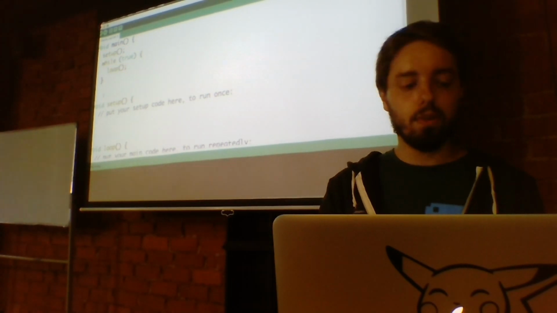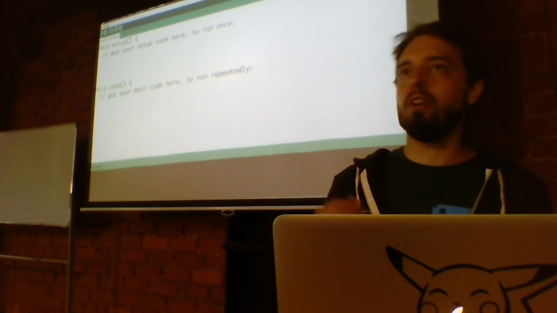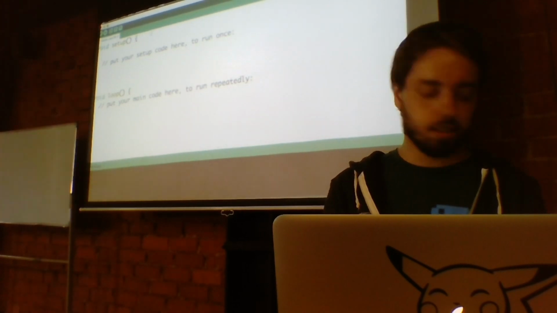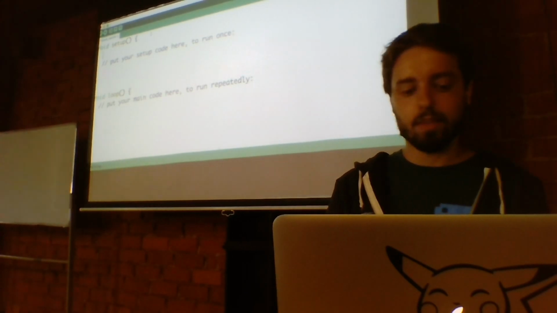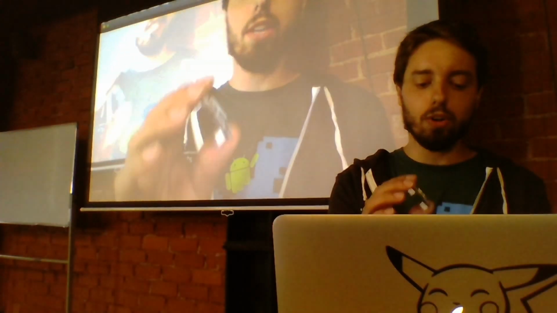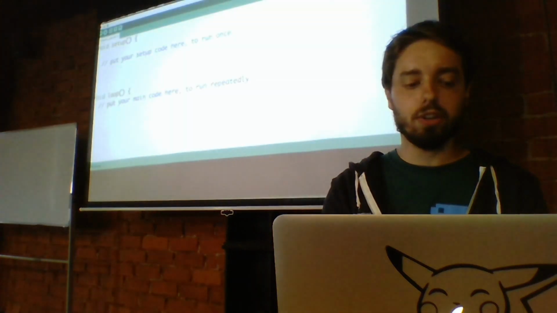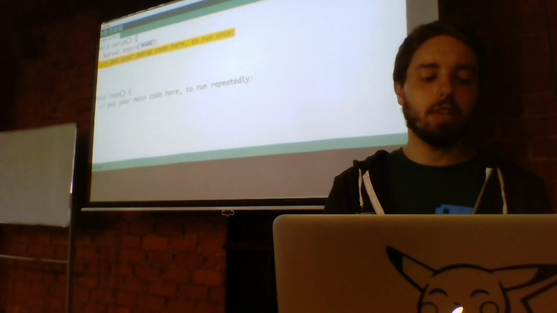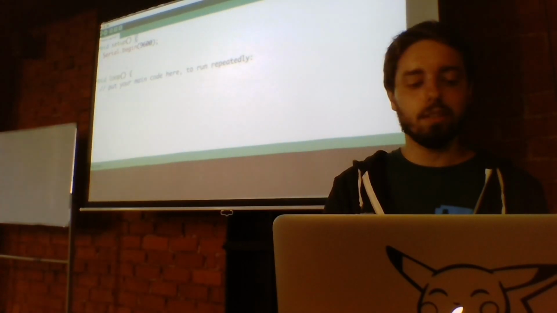So what we will do today is a very simple hello world. First things first, we have to initialize the USB interface, the USB serial line. To initialize it, you just have to call Serial.begin at 9600 baud, but that's an implementation detail.